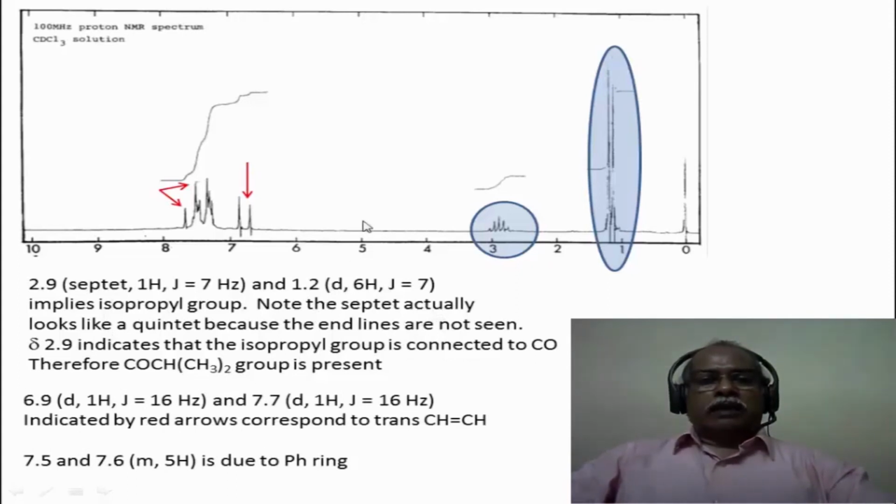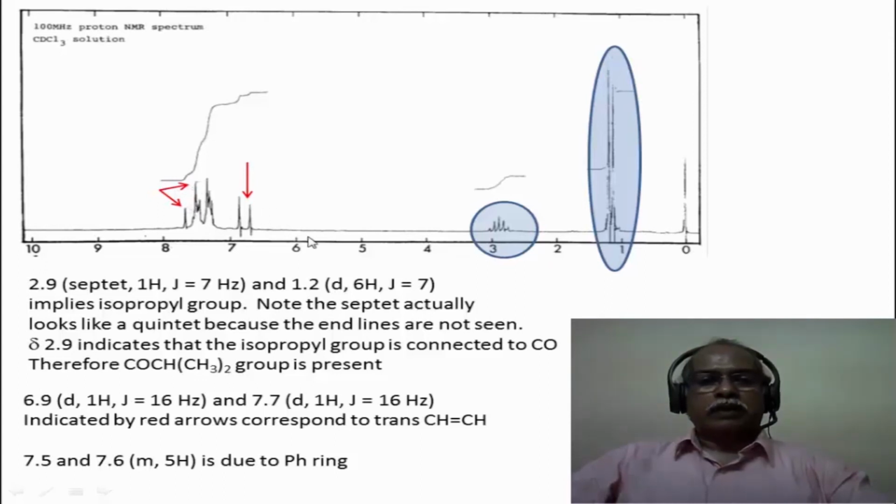Then come to the vinyl region. This is an aromatic region as well as an olefinic region. You have an alpha beta unsaturated aldehyde, which should give a doublet in the 6.8 region. Another doublet, which is indicated by the red arrows, corresponds to the partner of this particular coupling.